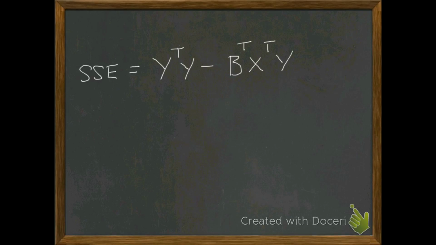If we're looking at our sum of squares for the error in matrix form, now this is exactly what we did. Now, depending on how we set up our model, guys, I'm just trying to be thorough here,